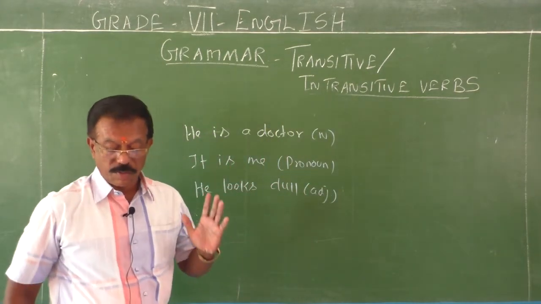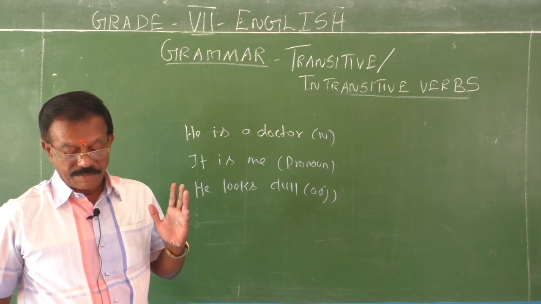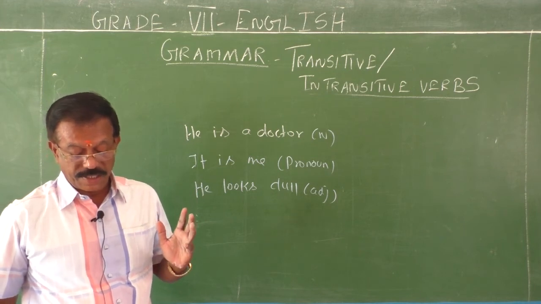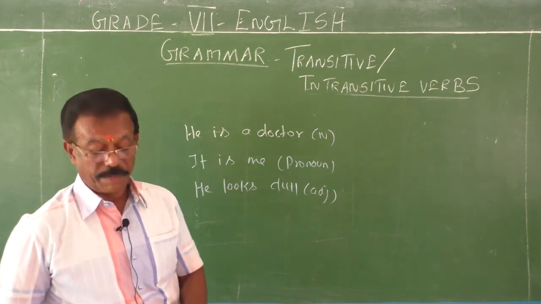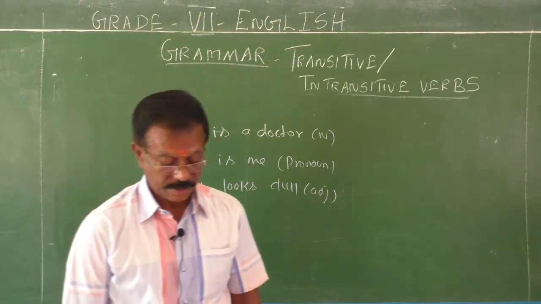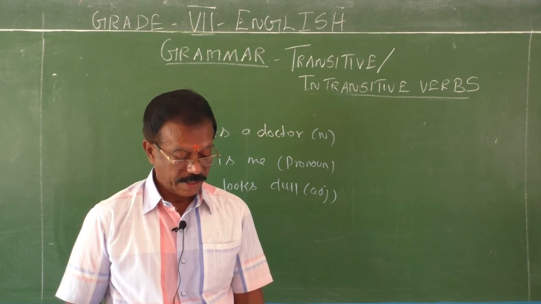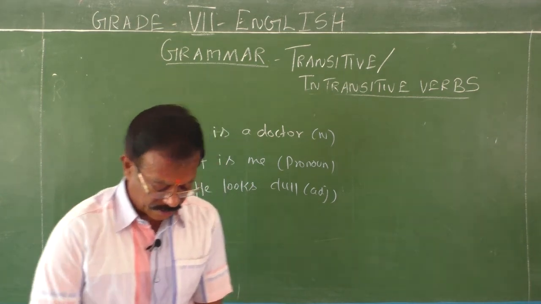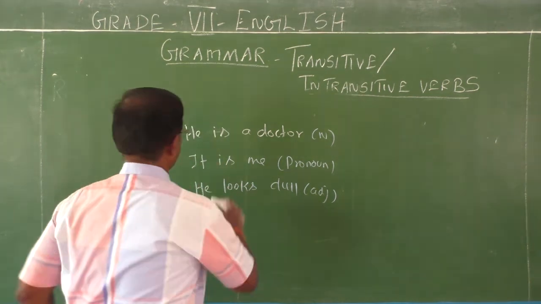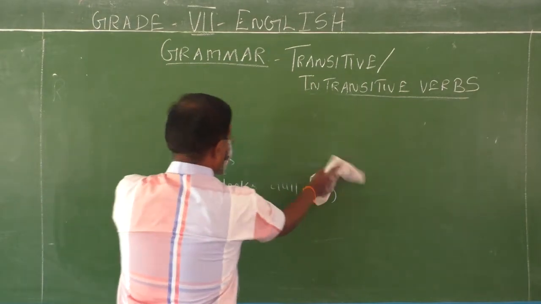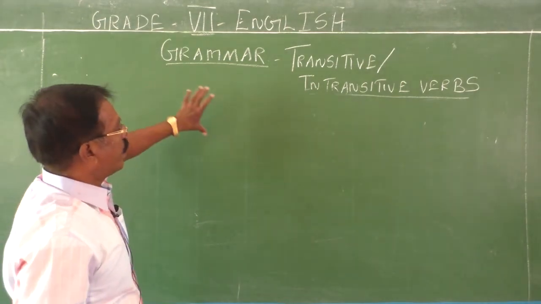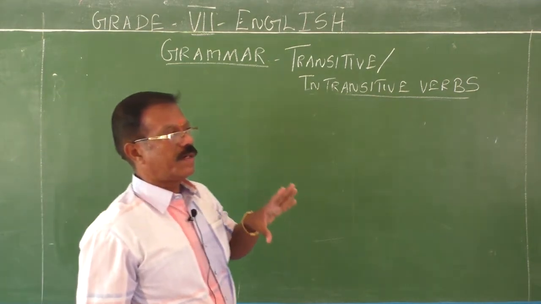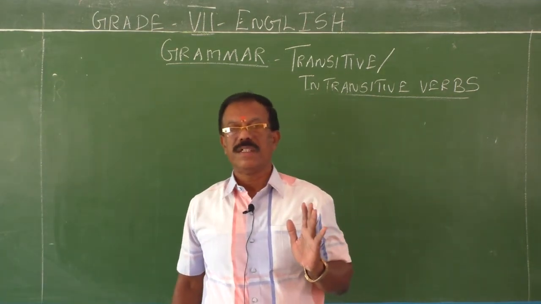A word or group of words which some transitive verbs, even after taking an object, require to make the predication complete is called an object complement. Transitive verbs of incomplete predication. I will give you some more examples. So what is a transitive verb? What is an intransitive verb? What are verbs of incomplete predication?